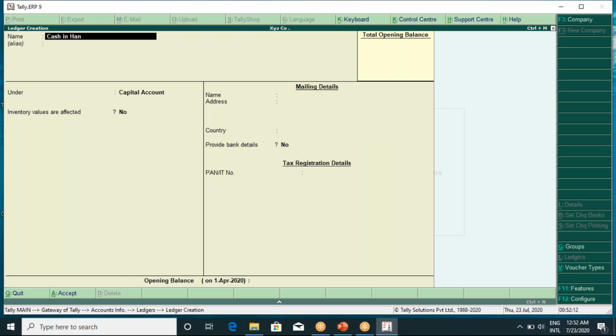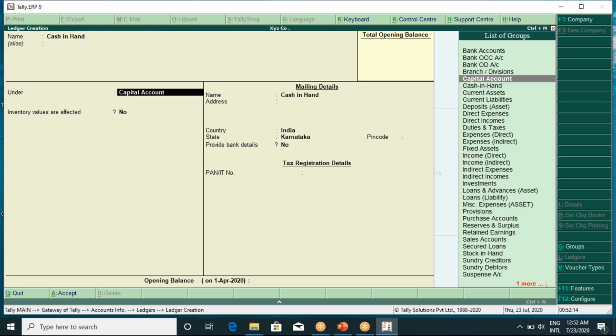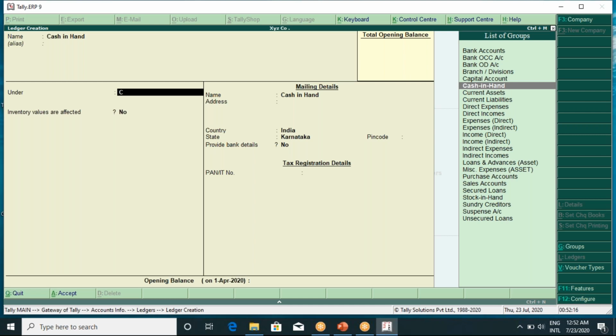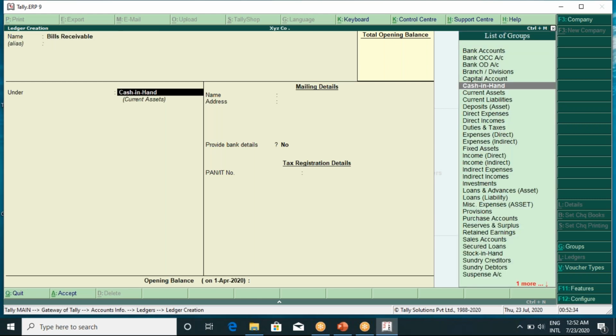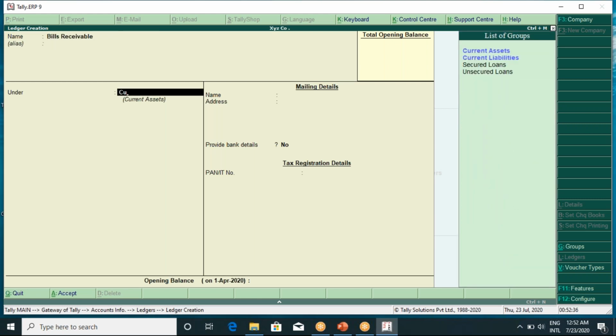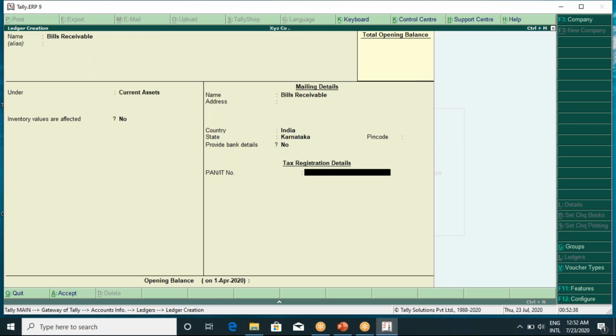Next one is cash in hand. Cash in hand comes under the cash in hand group. Next one, I already said, bills receivable. Bills receivable, it's a current asset. It's an asset. Okay. Next one,